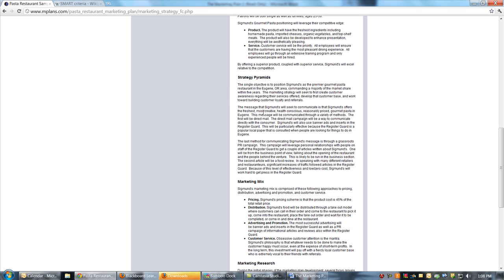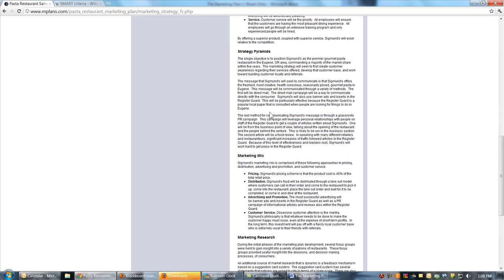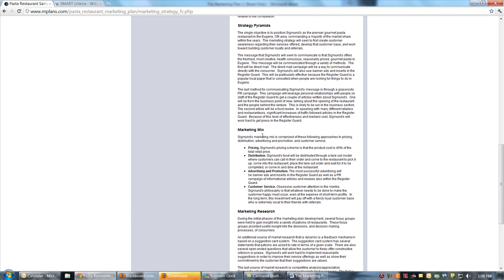But this isn't, it's just not useful to us. And what we're going to do is replace strategy pyramids with something called marketing programs. And again, that'll be the focus of next week's discussion. Along with the marketing programs, we will make strategic decisions on occasion in the marketing mix elements.